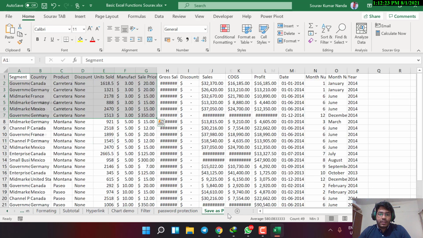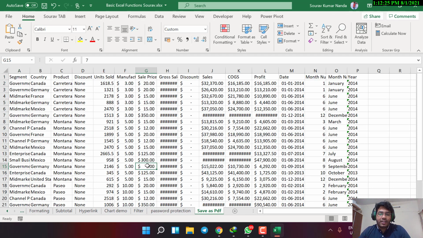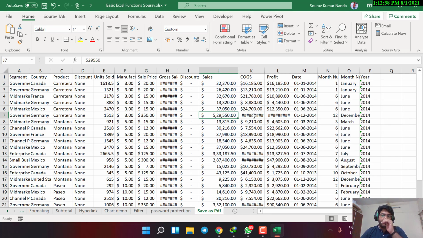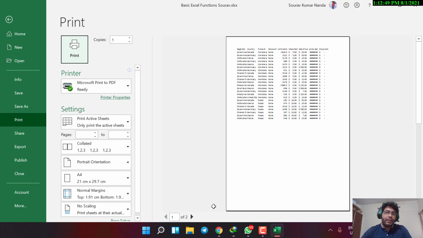Next, the last one, one of the important ones that will help you a lot. There is a lot of raw data I copied from somewhere. Let's say these are coming like this because it's a bigger value, and if you just adjust that, it will be fine. So there is a lot of data here, and let's say you want to print it or save it as PDF, whatever. You have to click on Control P.